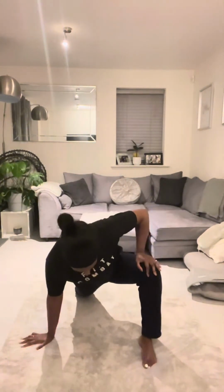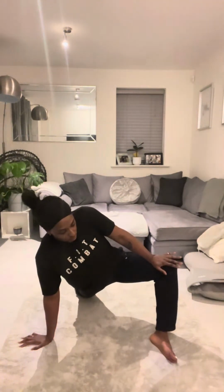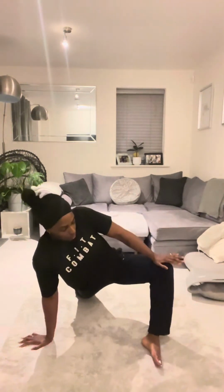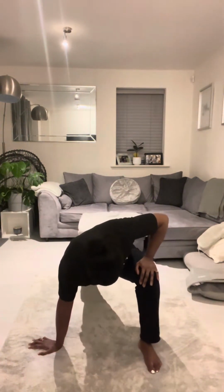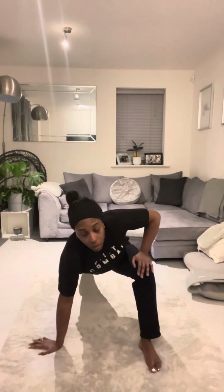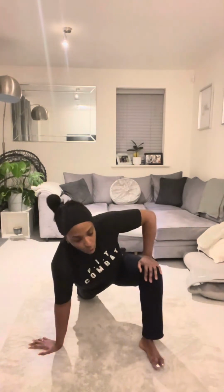So remember, we do the front step, take a big lunge forward, and then just try and open up the hip as much as possible. See if you can straighten that hand so it opens the hip. You can just roll it out, and you're rolling onto the side of the foot, pushing your hip down to the floor. This is definitely a good warm-up to do when you're doing your loaded beast, to spend a little bit more time here. And then you can take the back leg off, do a few rocks, and really open up the hip. But especially if you're tight, always start off small in the movement,